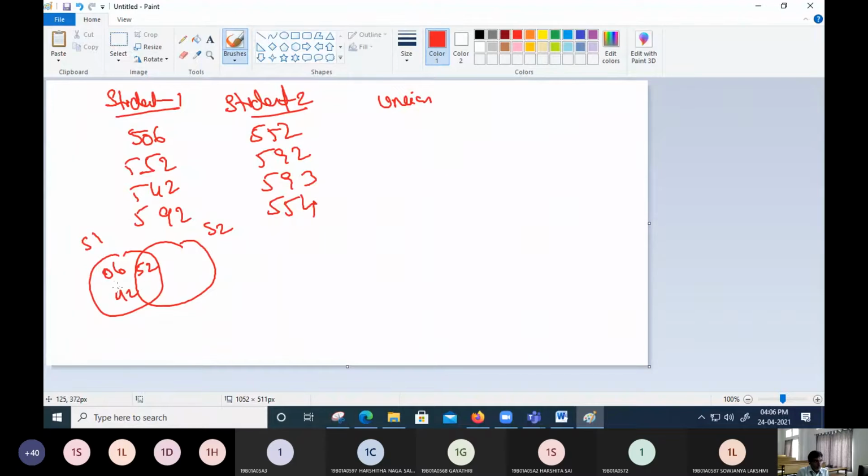No. Then is 92 common? Yes. Then we have taken 93 there. Now tell me the union. In the union you should get 506, 42, 52, 92, 93 and 54.